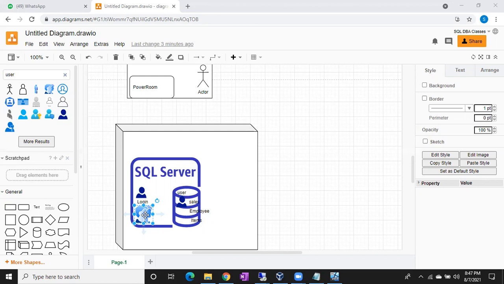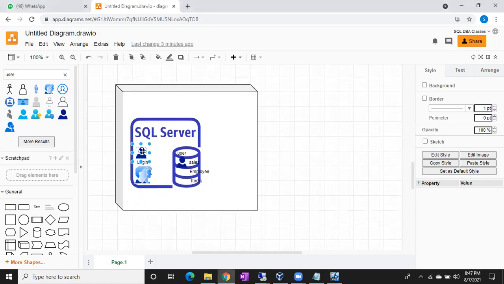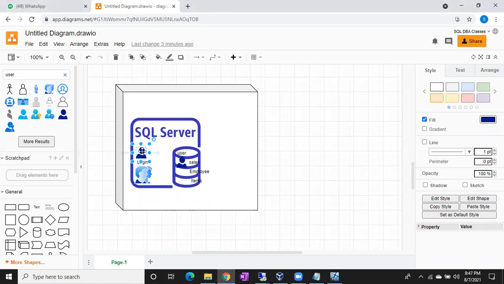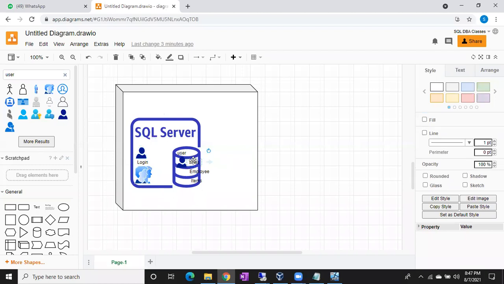Okay, clear. The one thing is, a login will help you log into the SQL Server. That is the first, most important thing. A login can never enter a database. On behalf of the login, a user will be created in the database when you give access to the database. Guys, don't think that in all the databases all the logins will be created as users. No. Whenever I give access to this login on the sales database, only then will the user be created.